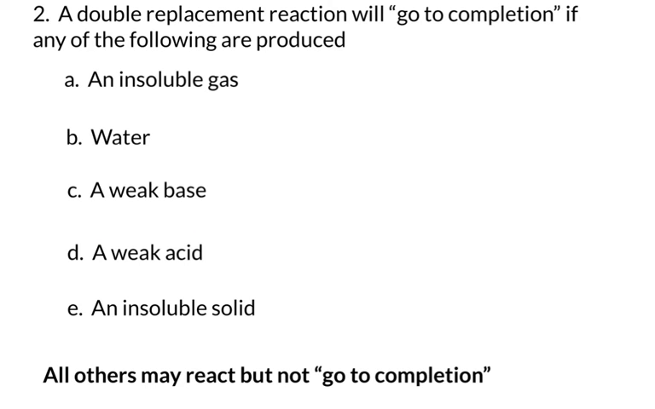So it is known that a double replacement reaction will go to completion if any of the following are produced: an insoluble gas, water, a weak base, a weak acid, or an insoluble solid. So these are the 5 things that can tell us a reaction will occur in a double replacement reaction. Notice that these are all the products, so we'll be looking at the product side to see if any of